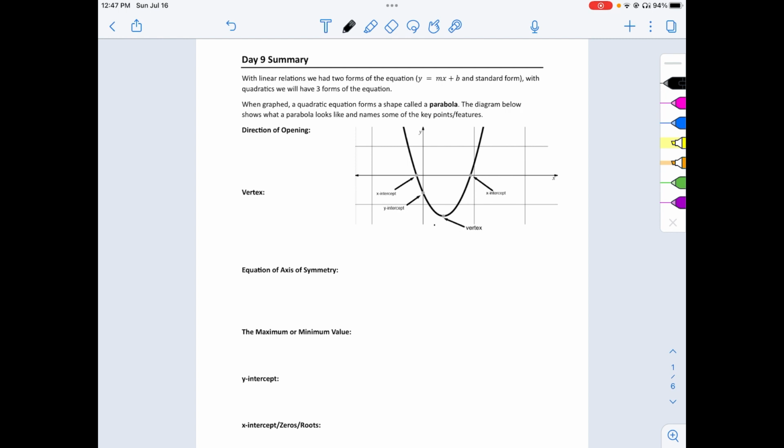So we know that with linear relations, we had two different forms of our equation. We had y equals mx plus b, which is our slope-intercept form, and we also had our standard form, which was ax plus by equals c. With quadratics, we will have three different forms of the equation, which we will look at a little bit later in one of today's videos, and we will investigate each of those three forms further throughout this unit and the